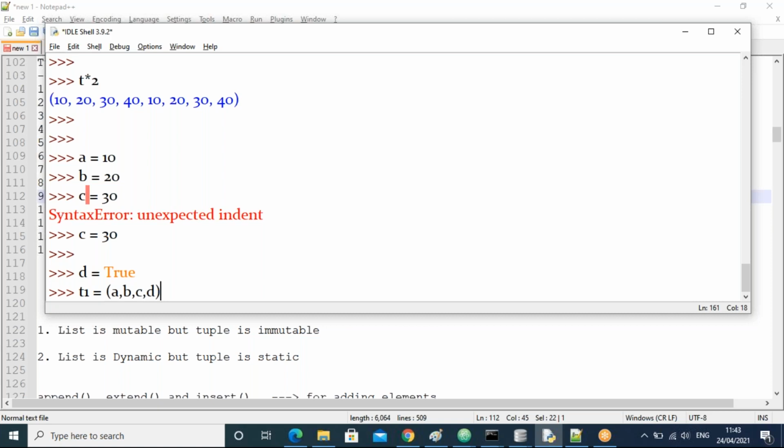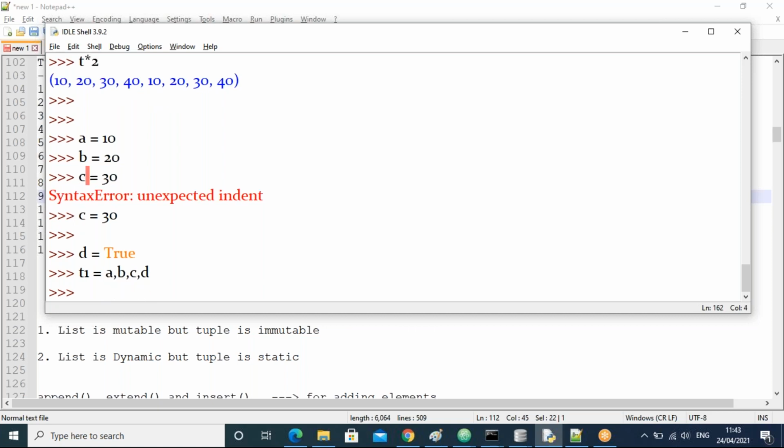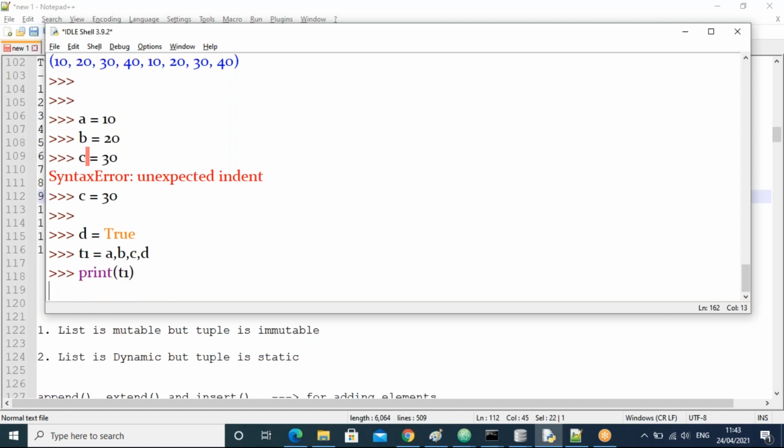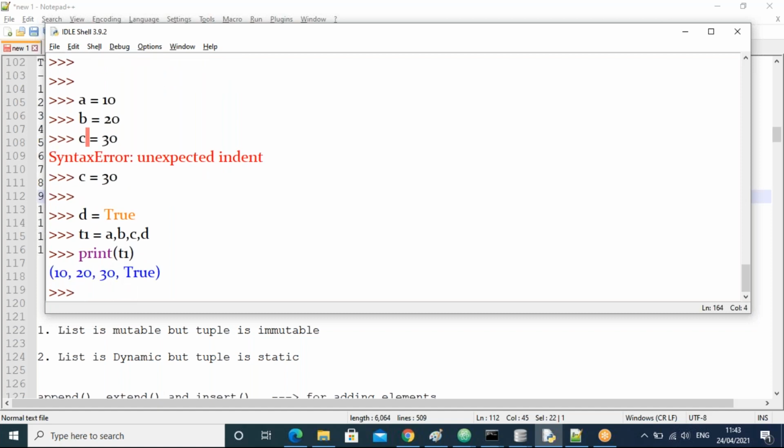In that case, using parentheses is mandatory or optional, guys? Yes, it is optional, right, guys? Okay. So it's optional. If you don't use them, no problem. Now tuple packing is over, right? 10 comma 20 comma 30 comma true.